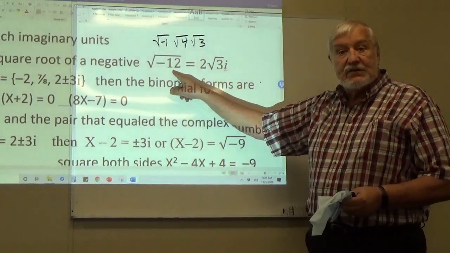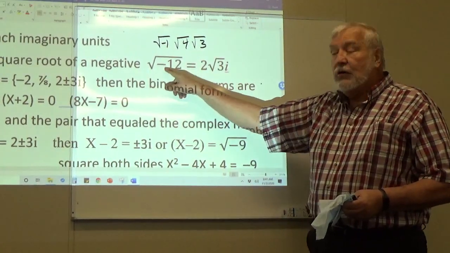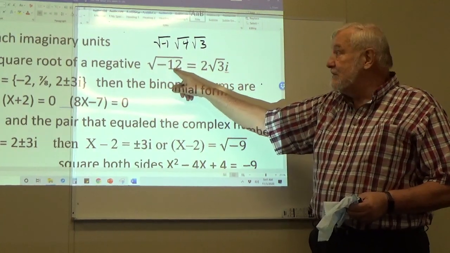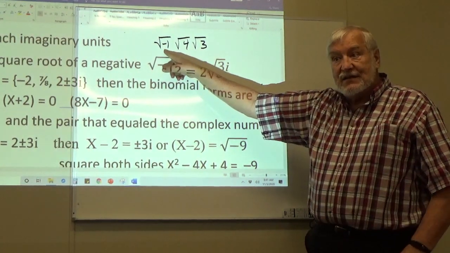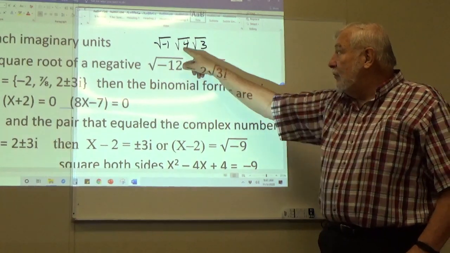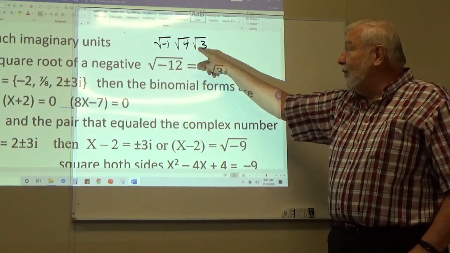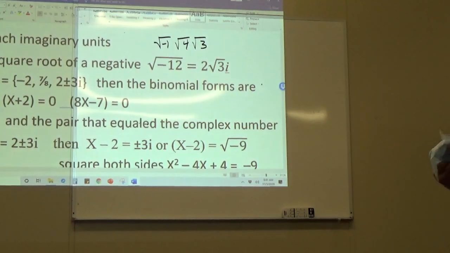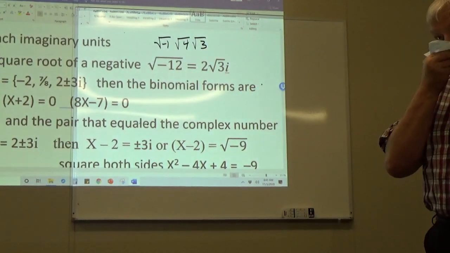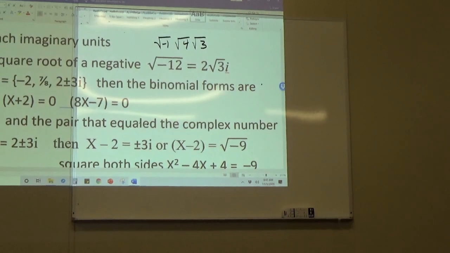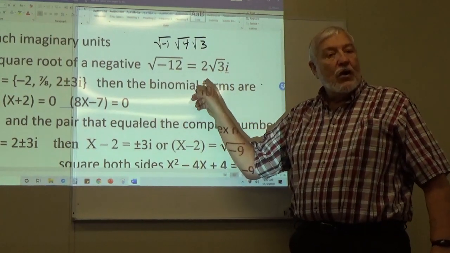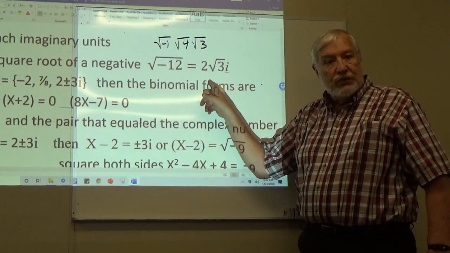So 4 times 3 is 12, so if I have negative 12, I have negative 1 times 4 times 3. What is this? It's i. What is this? It's 2, and the square root of 3 can't be simplified, and so we get 2 square root of 3 i. That becomes an imaginary number, but it is used as a way to talk about the solution